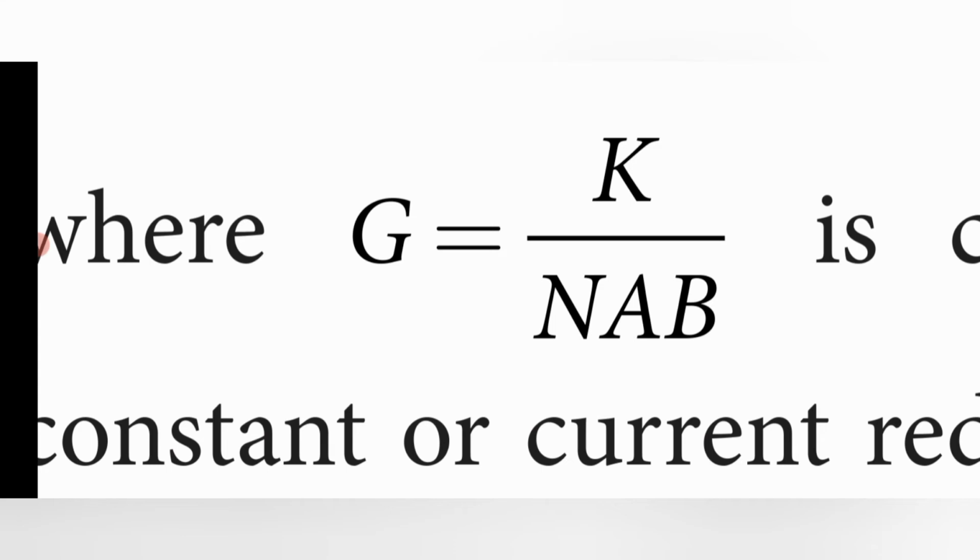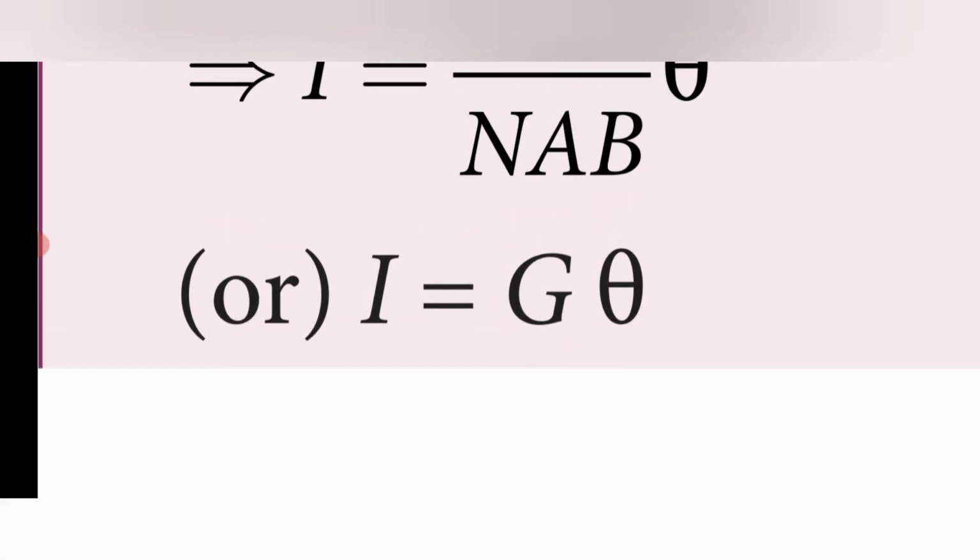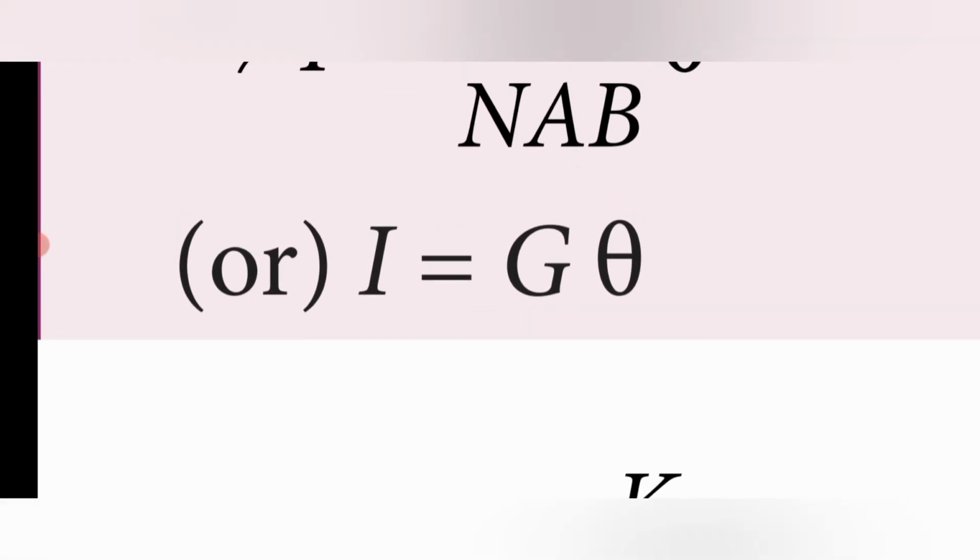So the suspended moving coil galvanometer is very sensitive, and this is the final value. We have to find out the current value for the galvanometer. How is the twist produced? By the current flowing in the circuit. So I is equal to G theta, or I is directly proportional to theta here. So this is the value.